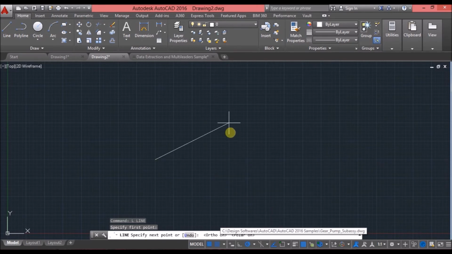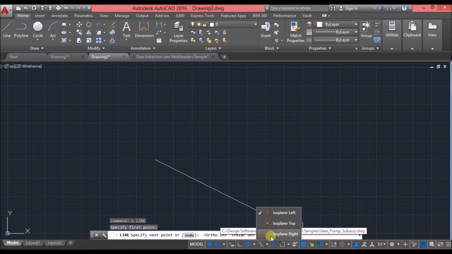So the line will jump at those angles, at 0, 10, 20, up to 90, at an interval of 10 degrees. Now, AutoCAD only considers the angle in the anti-clockwise direction. That is, in the positive x direction, it will start with 0 degrees and then keep on increasing in the anti-clockwise direction.